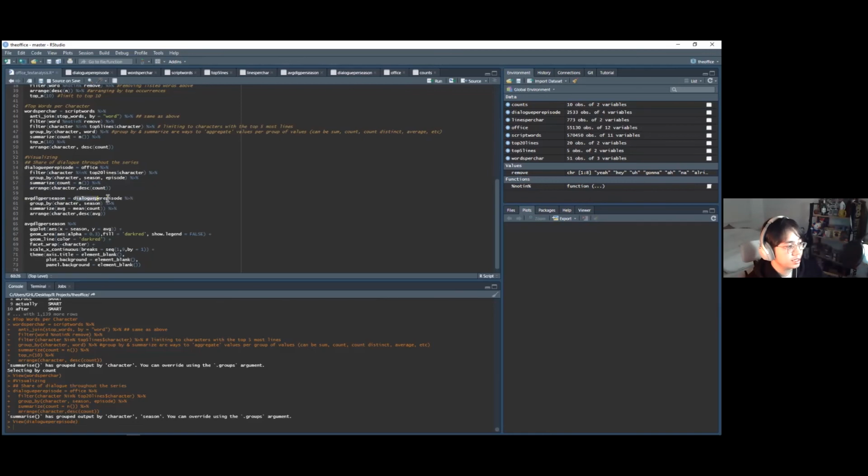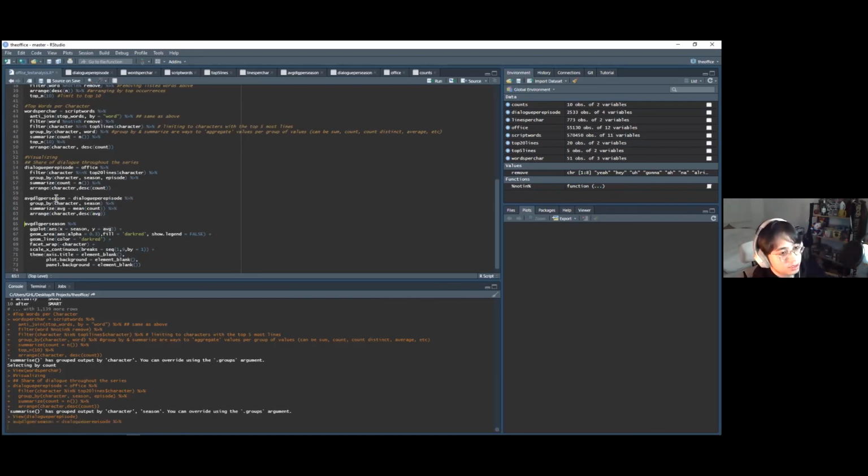So you get the dialogue per episode, and then you group that by the character and the season, since you're no longer grouping by episode because you're averaging that. You summarize by getting the mean. If you're familiar with math in general, you know what mean stands for. It's the average of all the counts you have per episode, per character, and per season. And then you arrange that by character and descending average count. So if you run that,